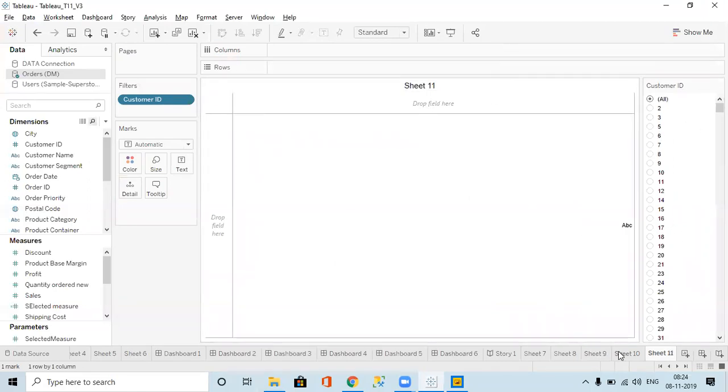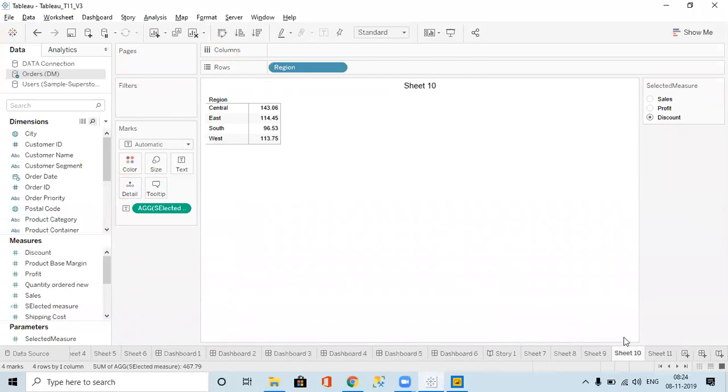See, you understand the parameter and filter. A parameter is like different values which we want to enable. Like, I have sales, discount and sales profit discount, and we have another measure also. In future, I want to add one more measure to the same parameter, quantity. How do we do that?